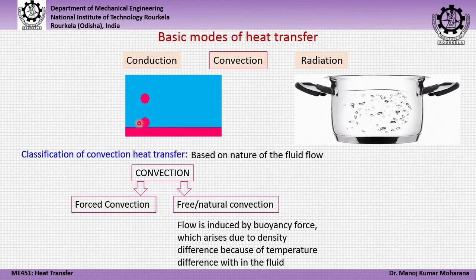Already we have understood that there will be movement of the fluid away from this solid wall because of buoyancy force acting on the molecules due to decrease in the density because of the increase in the temperature. This is called the free or natural convection, because this process happens automatically without any external power input,